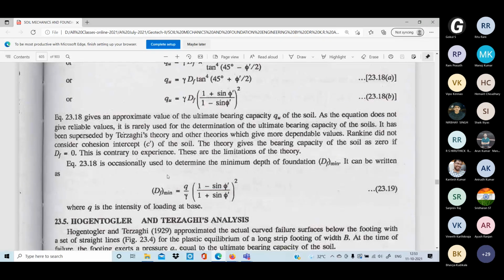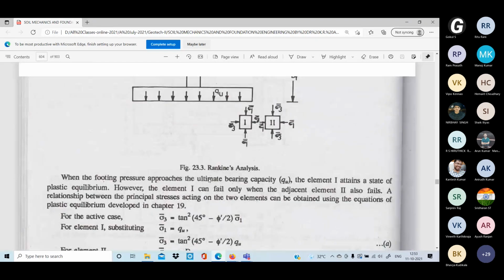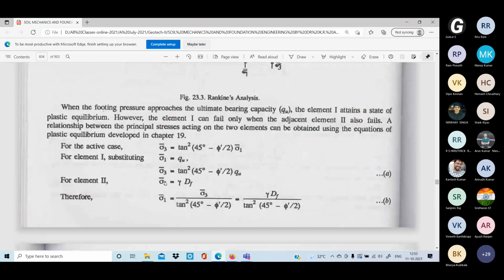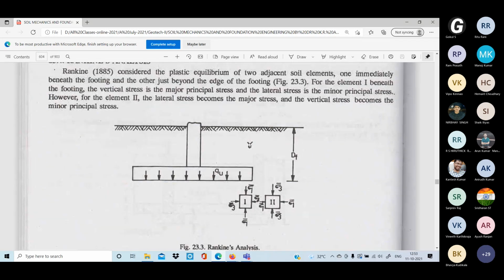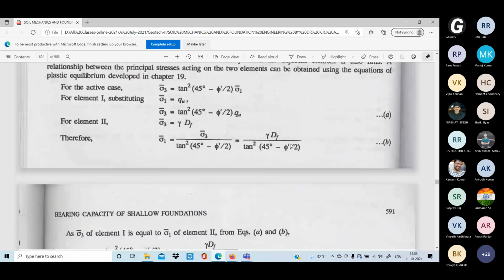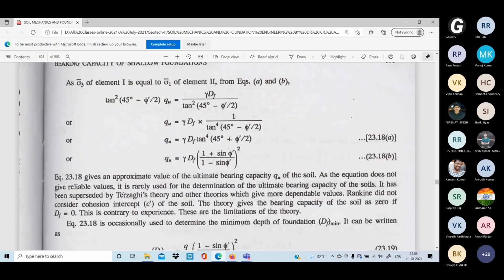And in some of the analysis we have seen, they have used just punching failure, directly keeping the foundation on the soil itself, okay. So by using this analysis, we are using the stress-related terms, sigma 1 and sigma 3, and in a similar way we have seen many problems, which you can also see in the synthetic material chapter, okay. And how to find the major principal stresses, from that only we are finding these equations.